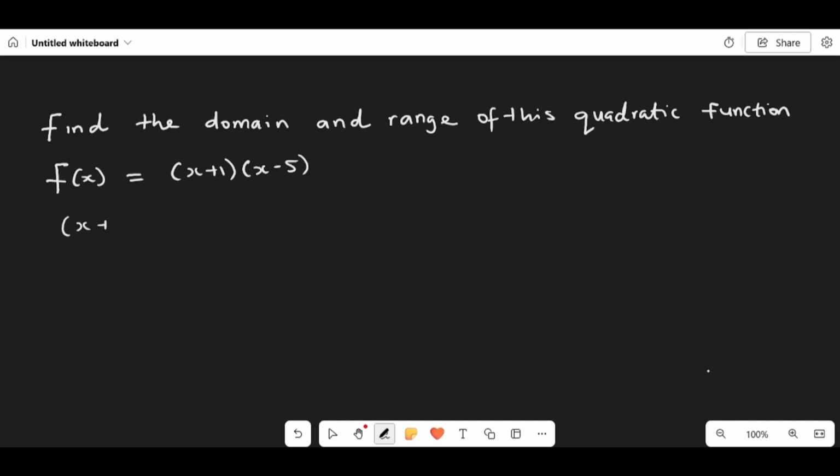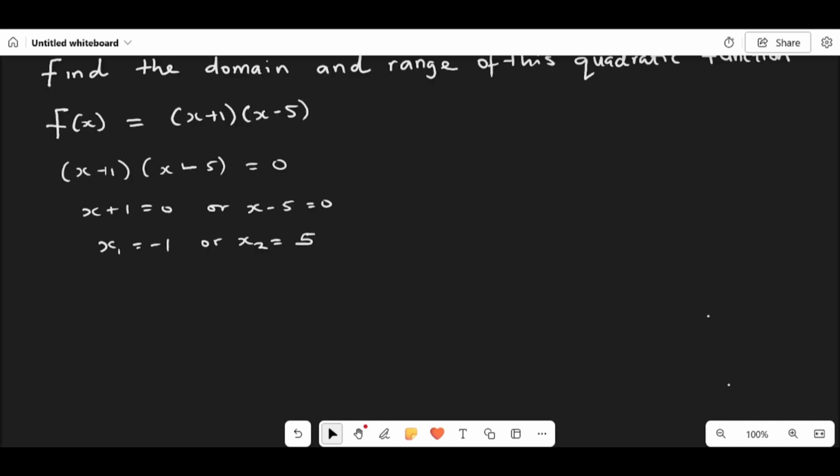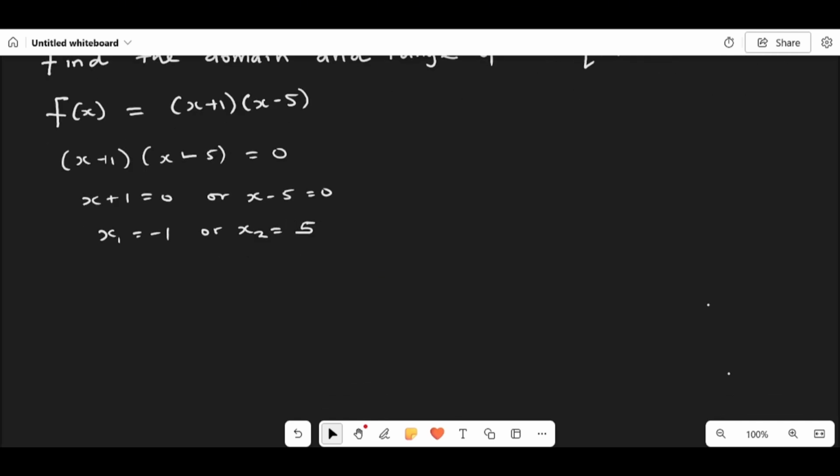(x + 1)(x - 5) = 0. That means x + 1 = 0 or x - 5 = 0. Let us put x₁ here. That means x₁ = -1 or x₂ = 5. Now the next thing that we have to do is to calculate the x coordinates of the vertex of the